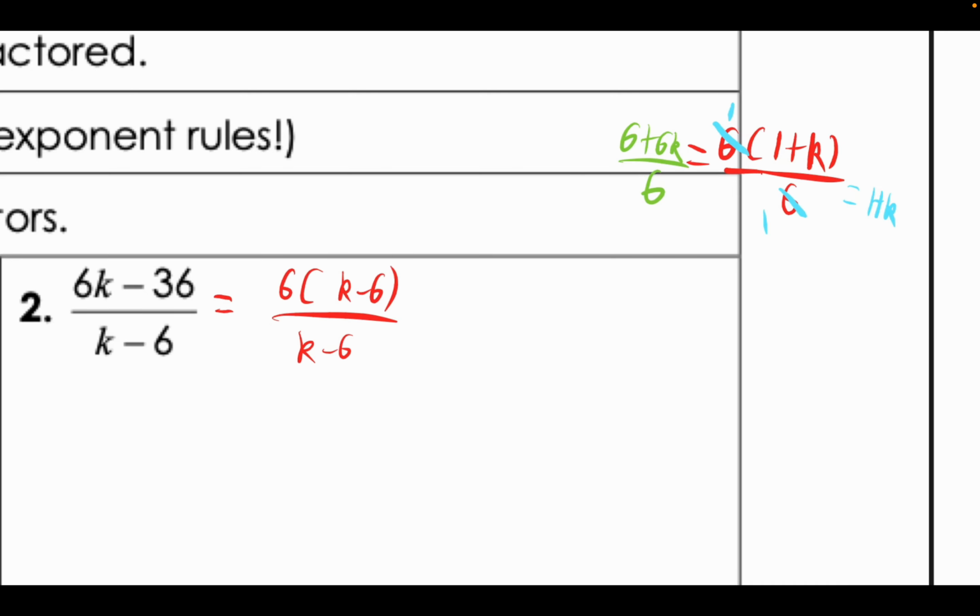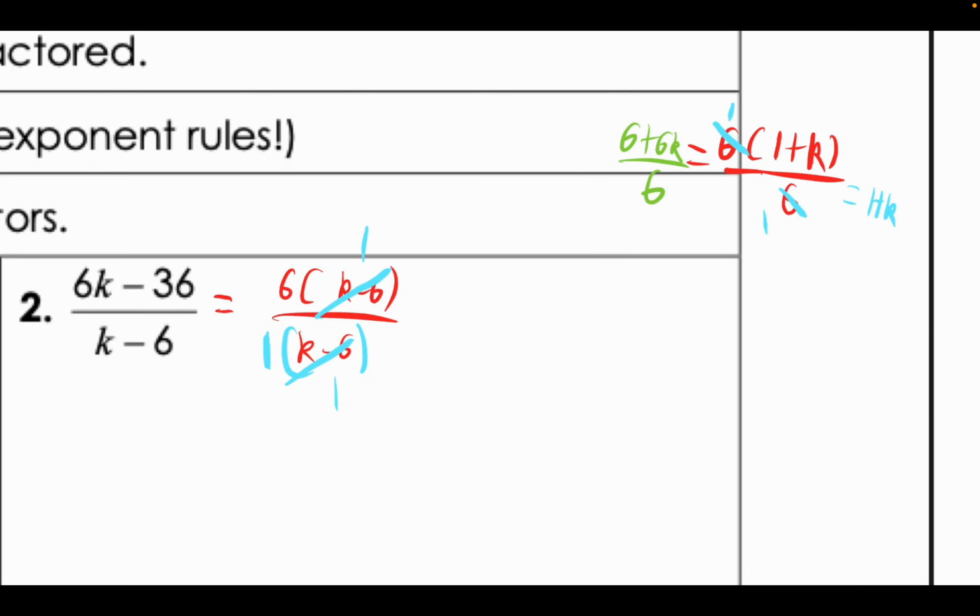What we can do, however, is just like we could do the 6 on the denominator, since it was the entire denominator, technically it's like multiplying by 1, as anything is. And so since it's technically multiplying with something and not adding or subtracting with something, we can reduce it. And the same thing's true with this k minus 6. Technically, it's multiplying by 1. We just never write it because anything's technically multiplied by 1. And so then we can say, oh, well, we'll reduce this k minus 6 and this k minus 6 and